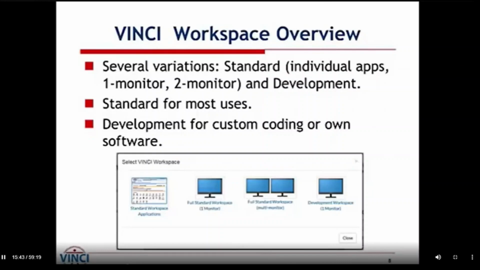The standard workspace, there are a number of different ways to get into that. One of the primary ways is going through the website, which makes all the remote applications available to you, and that should always be your first choice for using an application. In that mode, when you start an application, it starts as a remote app, but it looks exactly as if the application was running on your desktop, except it's running remotely in the Vinci environment, so it's contained within its own window and appears as just any other local application. In that mode, you would normally get the best performance because you're only going through one level of remote